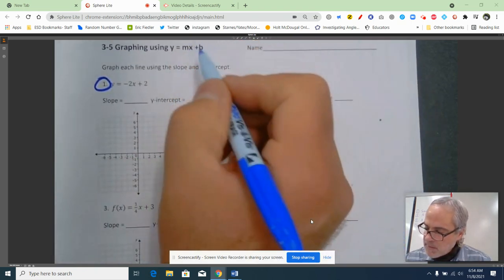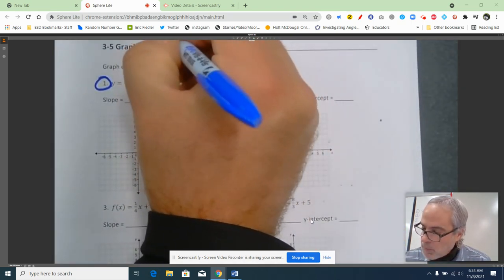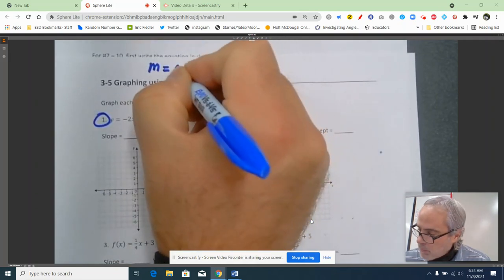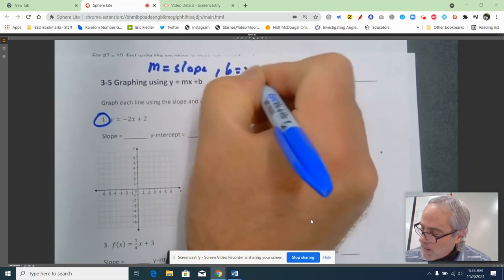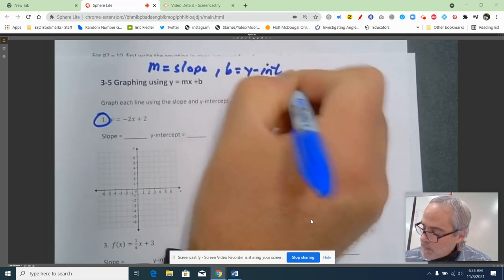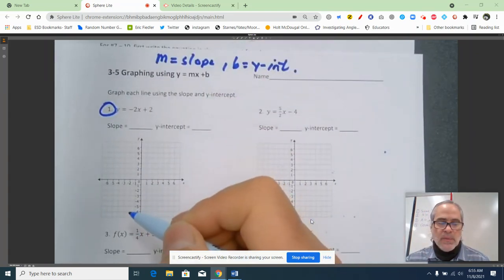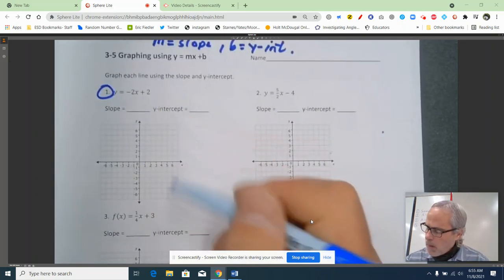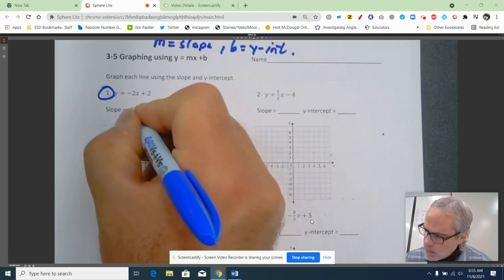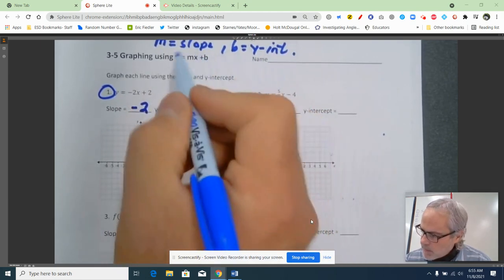Now, m is the slope. M is slope. And b is y-intercept, where it goes through the y-axis. Again, we did a little bit of this on the Desmos from last week. So on number 1, the slope is -2, and how I tell that is it's the number that's directly in